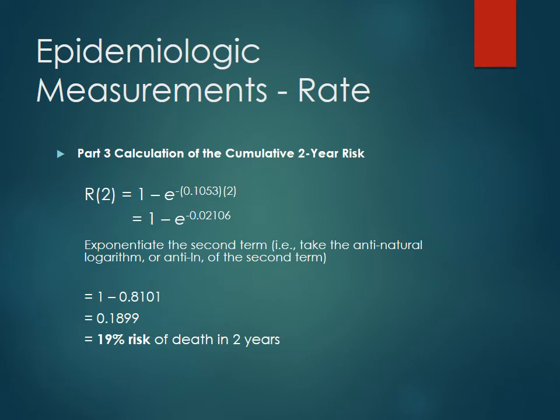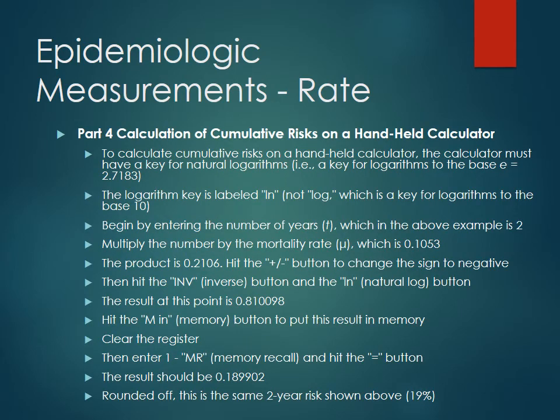So in this case, after 2 years, you have a 19% risk of death over 2 years. We can see how that will be even further extrapolated. I could look even further into the future, say 10 years, 15 years, whatever you want to look at, just by changing out the numbers. Because again, our force of mortality, or that constant, is always going to be the same as we go forward. So the way you could calculate this, if you wanted to do this on a handheld calculator,